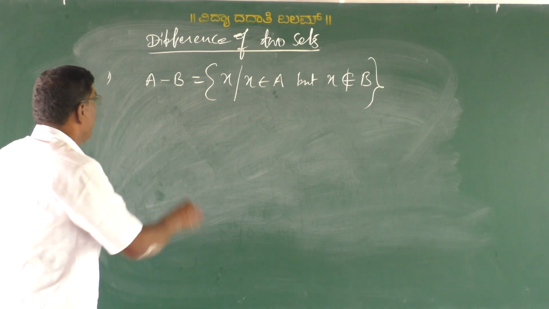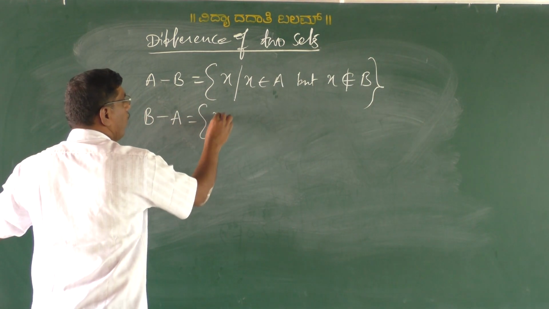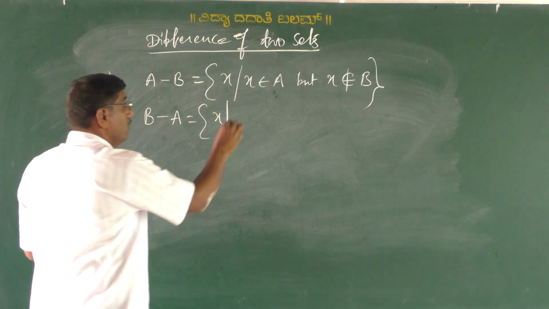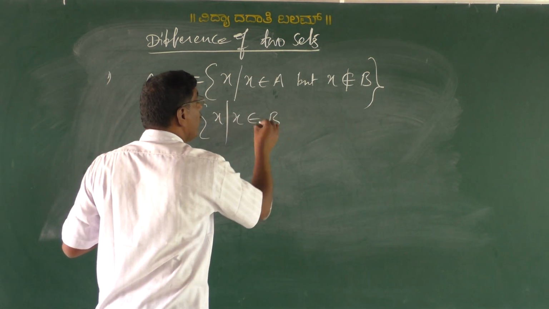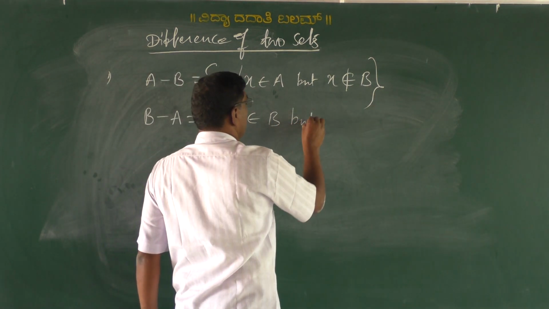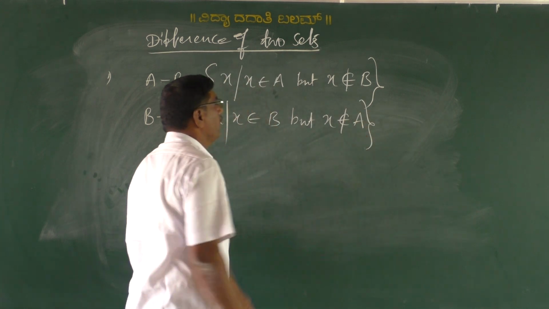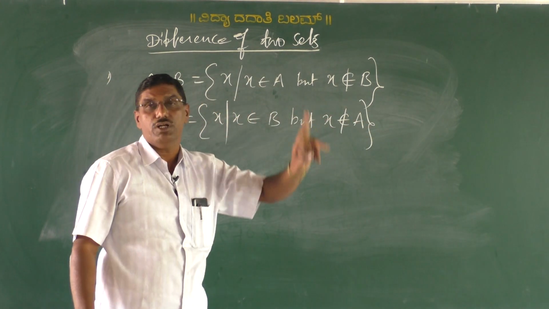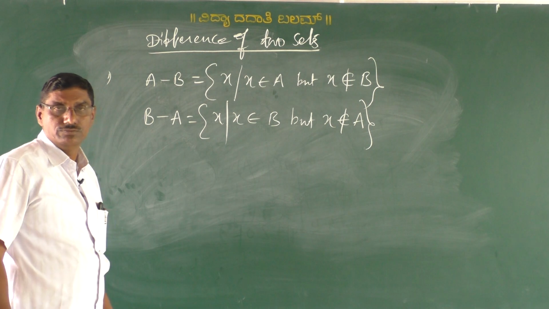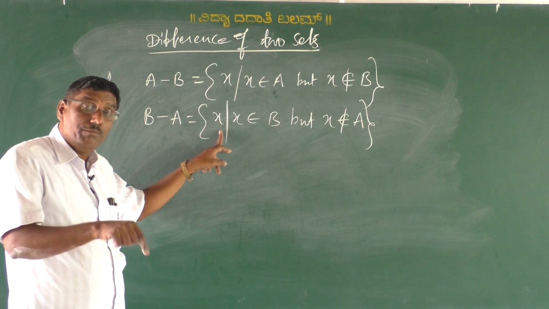Similarly, we can define B minus A is equal to the set of all X such that X belongs to B only, but X does not belong to A. We know the meaning of belongs and does not belong, already we explained. That is, here the set of all elements